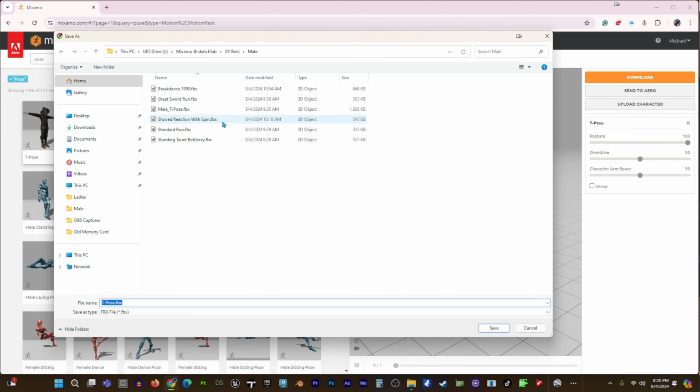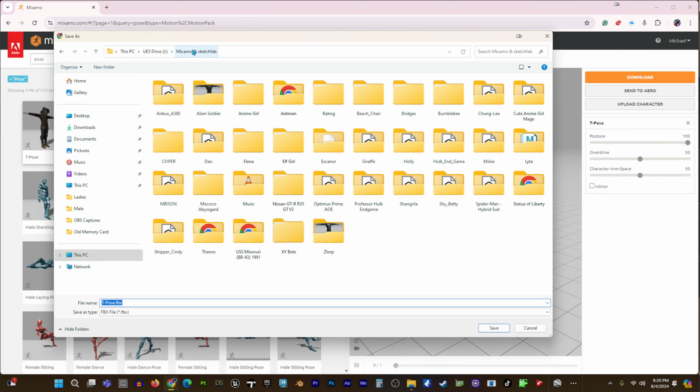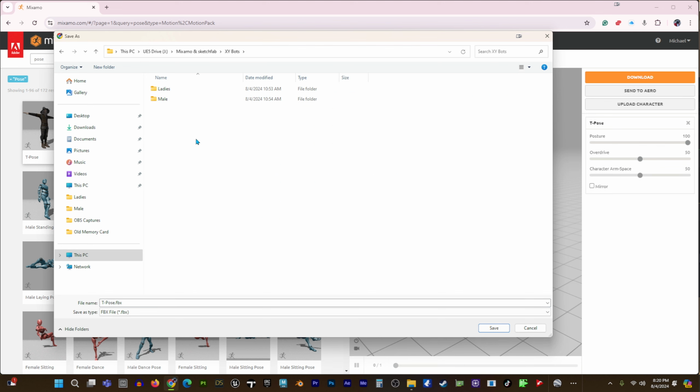It's going to take a time to download, and then see, this is where your folder management comes into play, because I created in my Mixamo and Sketchfab folder, XY bots. Double click on there, I go into the ladies folder. I already have most of the stuff